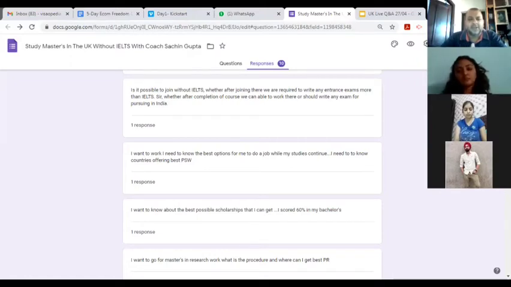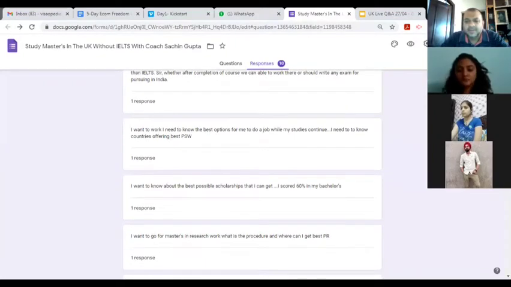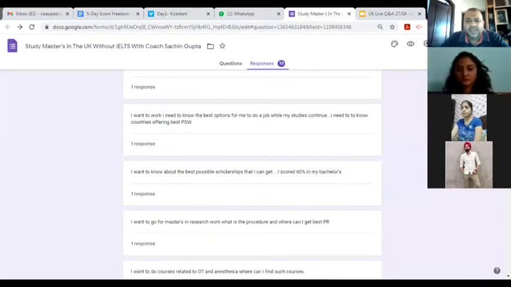Now in Australia, 2 years is the standard duration. The extended durations are based upon the areas which you study in. If you go to a regional area, you get a higher duration of post-study work permit. But as far as UK is concerned, they offer you a flat 2 years of post-study work permit. I hope that answers the question. Are we on the same page, everybody? A small thumbs up if this information was clear.